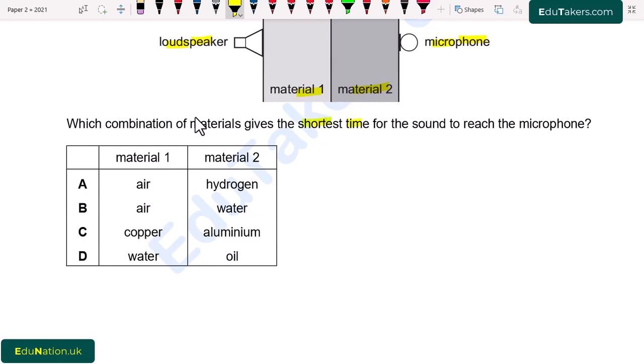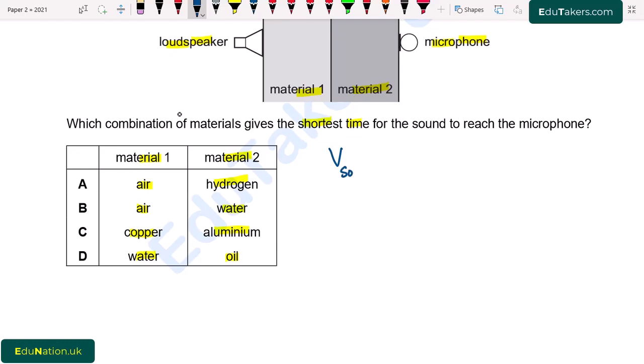Which combination of the materials gives the shortest time for the sound to reach the microphone? So which one of the following materials takes the shortest time to reach the microphone? Material 1, material 2. MCQs: A, air, hydrogen. B, air and water. C, copper and aluminium. D, water and oil. So first of all, we know that speed of sound is very large in solid as